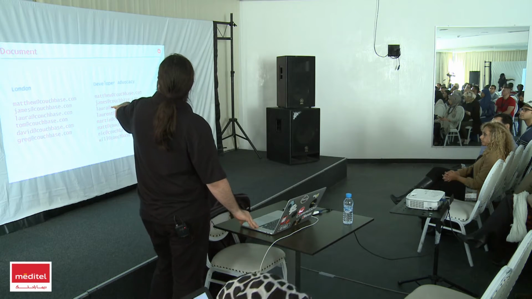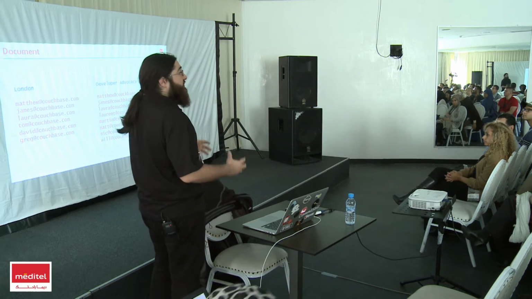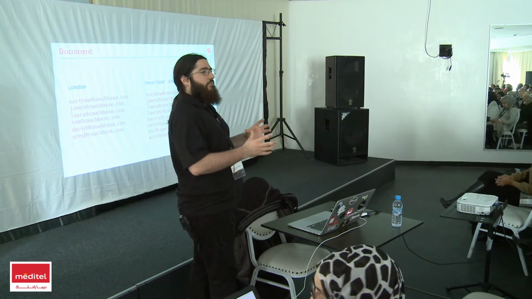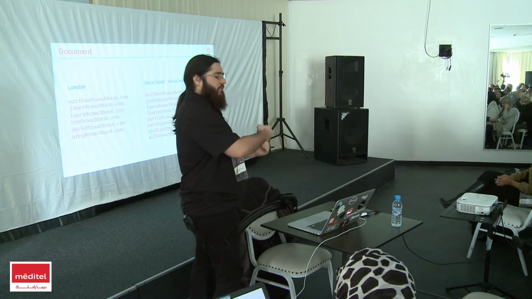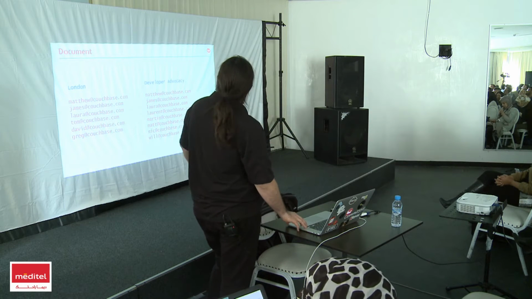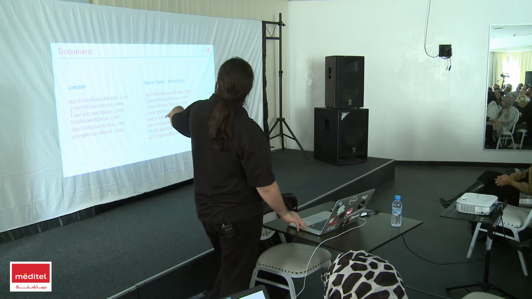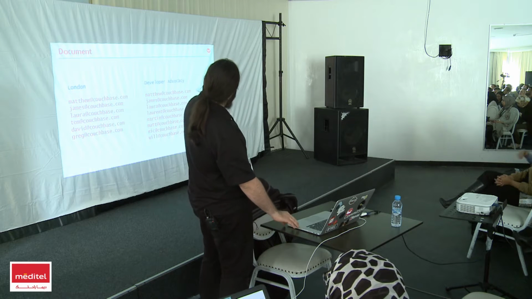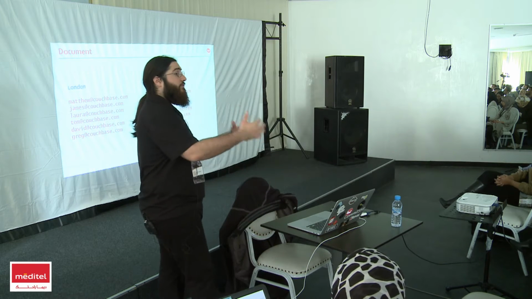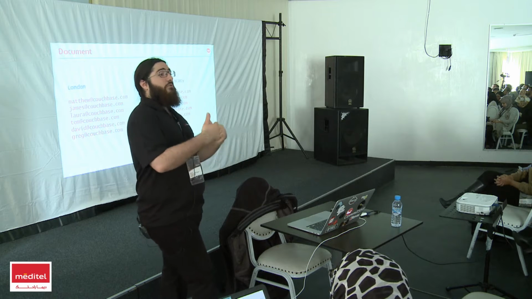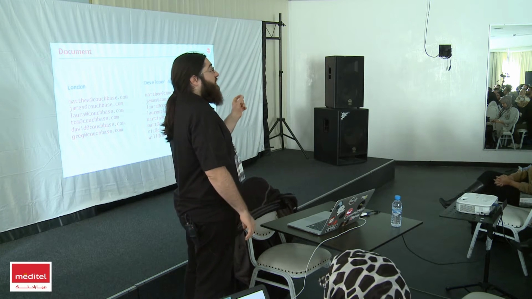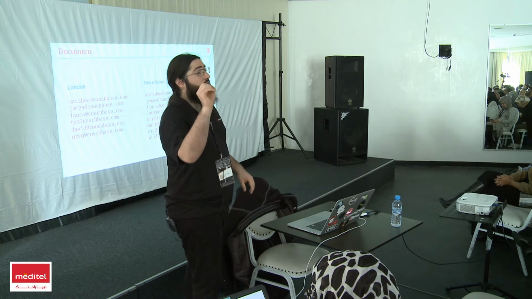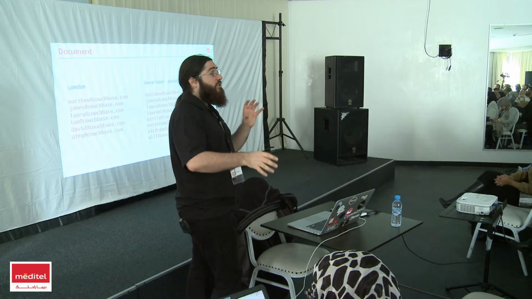So here's a couple of things you can do with a document store. What I will define as a document store is being able to query things based on the content of the many documents. So you can get the list of all the people that are based in London. You can get the list of all the people that are doing developer advocacy, because you know that in your user JSON document you probably have a field with the location, and a field with the job. So you can retrieve